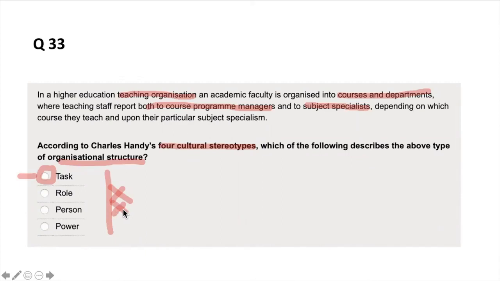There is actually, the emphasis is on the person, and the whole culture is around the person and not the task or the role or the purpose of the job. So that's not the case here. These teaching staff people have specific tasks to accomplish. And finally, power is not the answer, because the power culture is associated with autocratic leadership. The power is actually exercised by a few people, and this is not the case here, where you have a lot of tasks that need to be done and more of a matrix type of culture. So the answer is task.